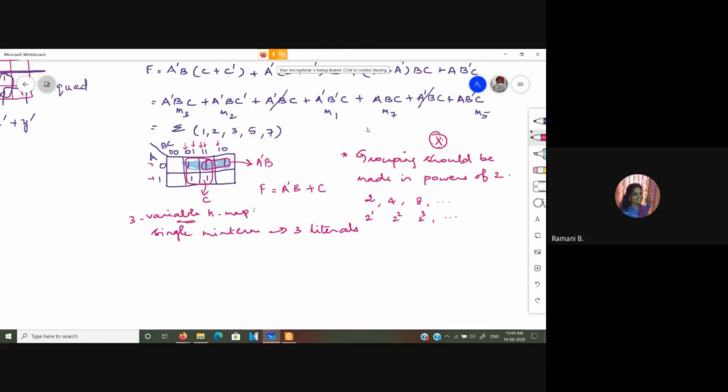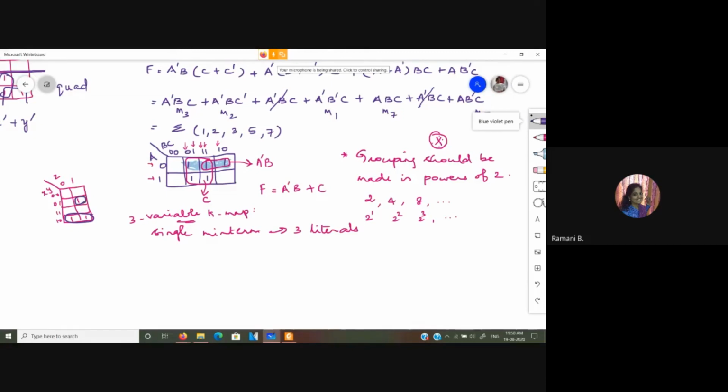So suppose, just for a random example, I am considering this. x, y, and z: 0, 1, 0, 0, 0, 1, 1, 1, and 1, 0. Let us say I have 1, 1 over here and I have a 1 over here. So here you can see adjacency with these two ones. However, this one is left alone.